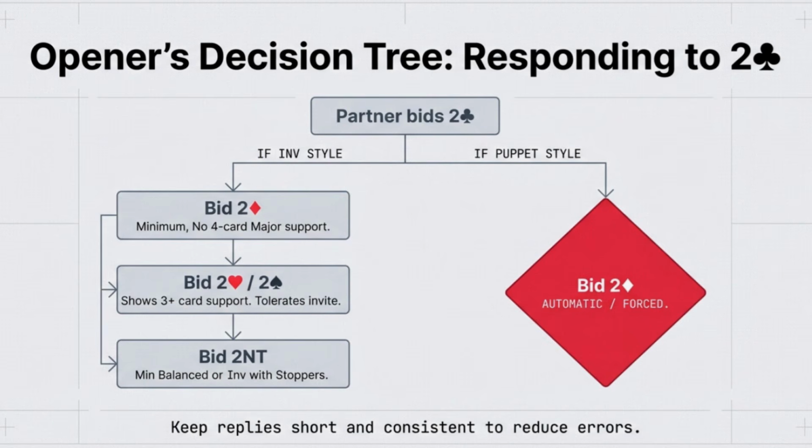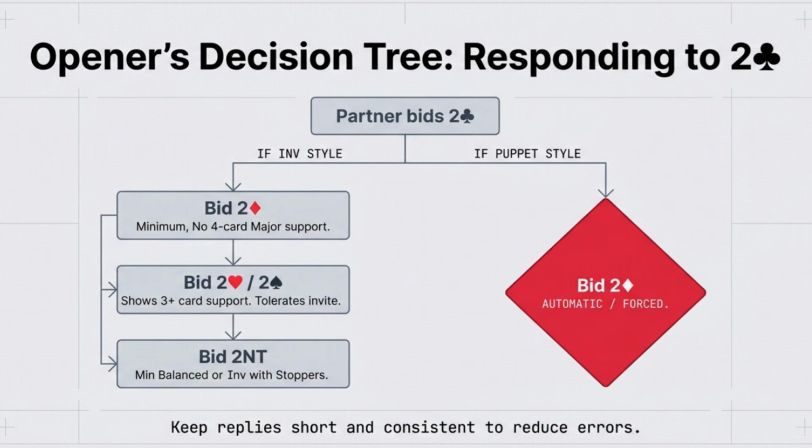Okay, so responder has used one of those artificial bids to describe their general strength. Now the ball is back in the opener's court. An opener has a really simple set of replies to keep the conversation going. And this table just shows you how clear everything becomes. After responder's invitational 2-club bid,